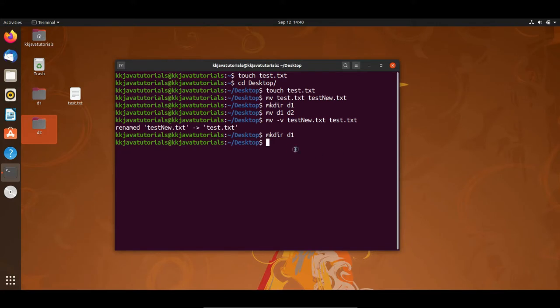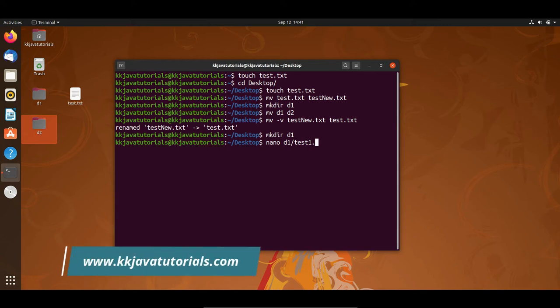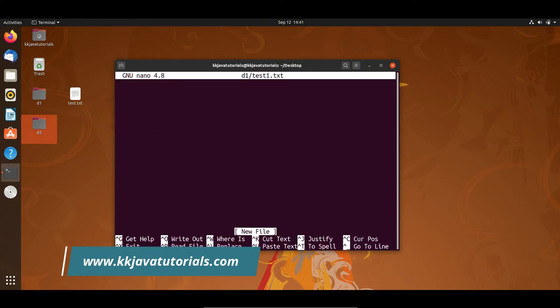Now inside the directory d1 I would like to create one file. I will use the nano command to create a file, nano, and inside the directory d1 I would like to create one file. So I write d1/ and the file name I would like to give, let's say, test1.txt. And put some content inside this file. I'll say hello, that's it.